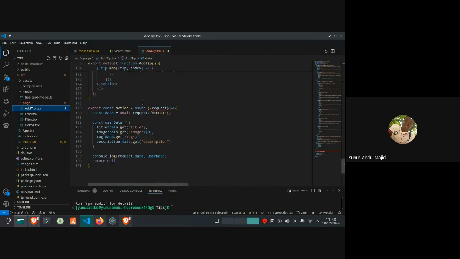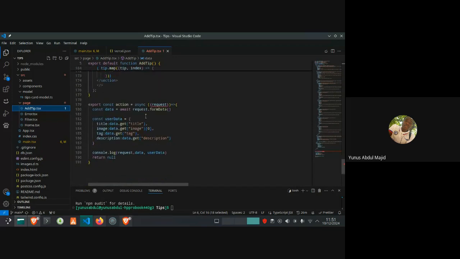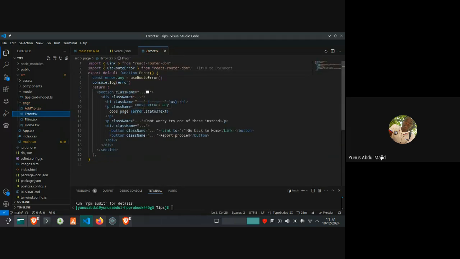So that was this component to us. And this action, we'll discuss that later. It's part of React Router also. And this error component is used for when you go to a website and enter a path that is currently not available, that they haven't made. We add functionality to it.